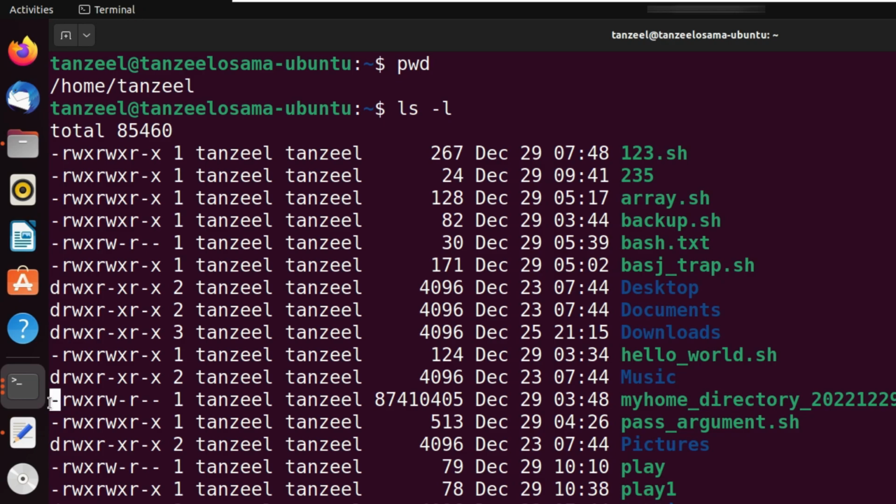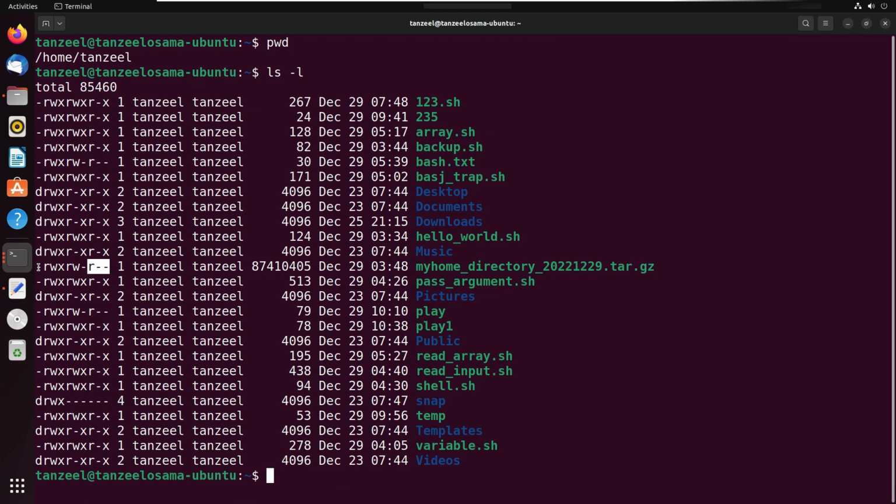Here you can see it is a file because it has a hyphen or a dash in the first slot. Then it has the permission of read, write and execute for the owner or the user. Then it has read and write permission without the execute permission for the group members who own the directory. And finally for the third party users, it only has the read permission, not write or execute. So this is how we read and understand the ownership as well as the permissions of the files and the